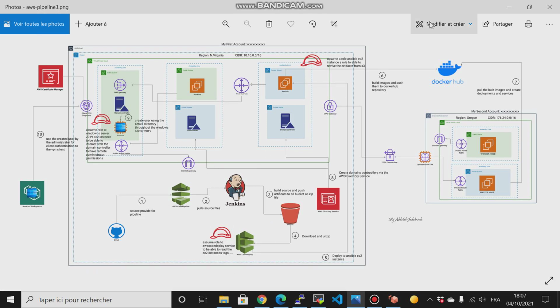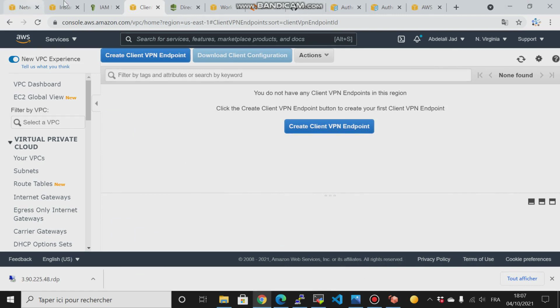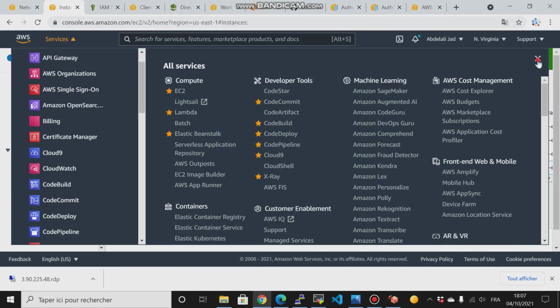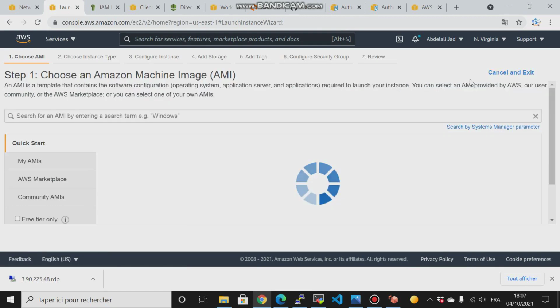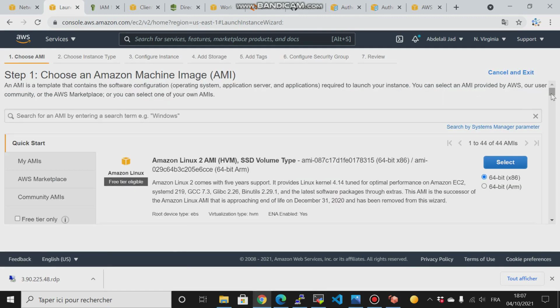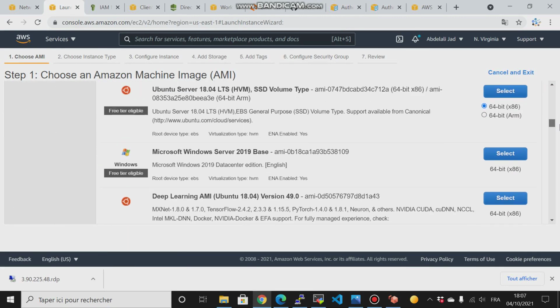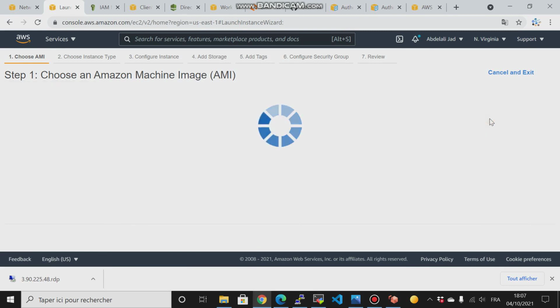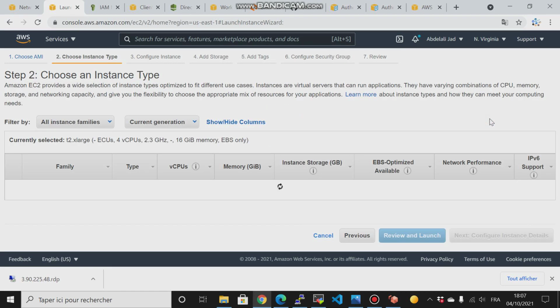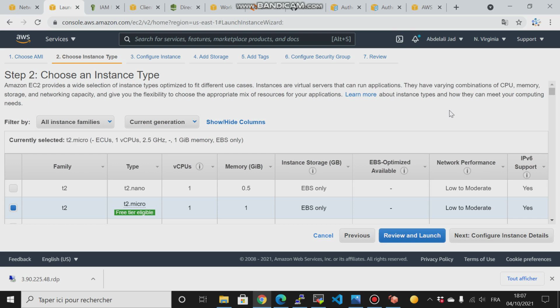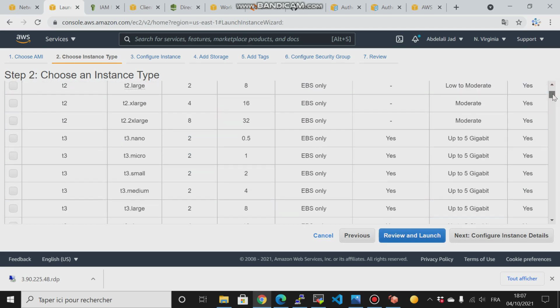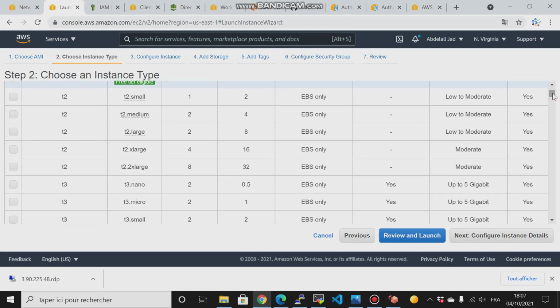So the next step now is to jump to our instances console and launch an instance. So scroll down, we'll choose this instance, and scroll down here. As long as we are building our React.js,